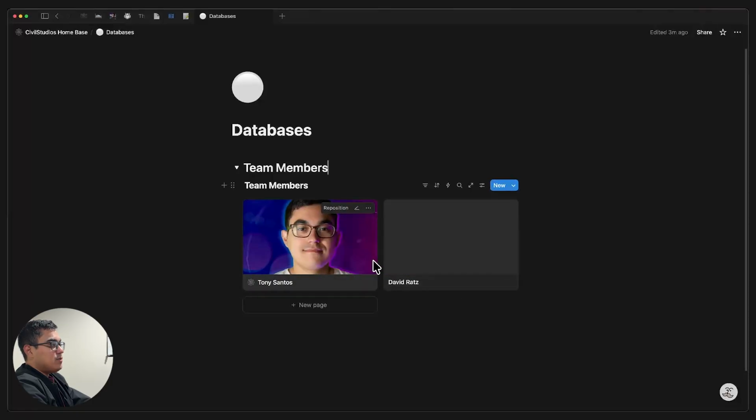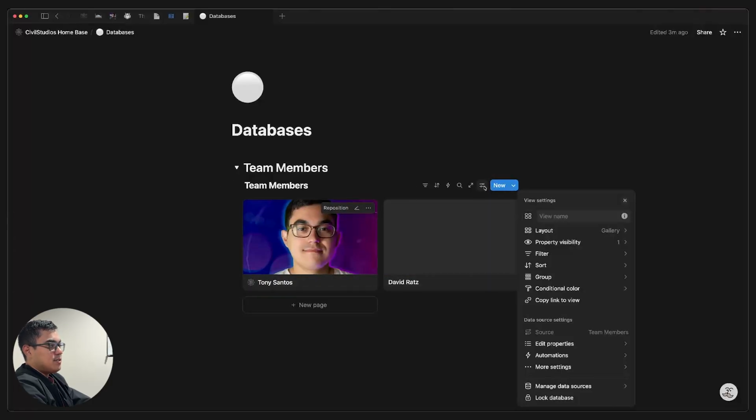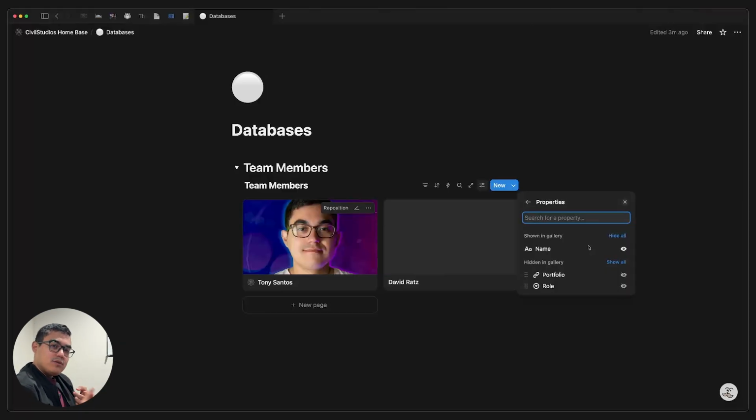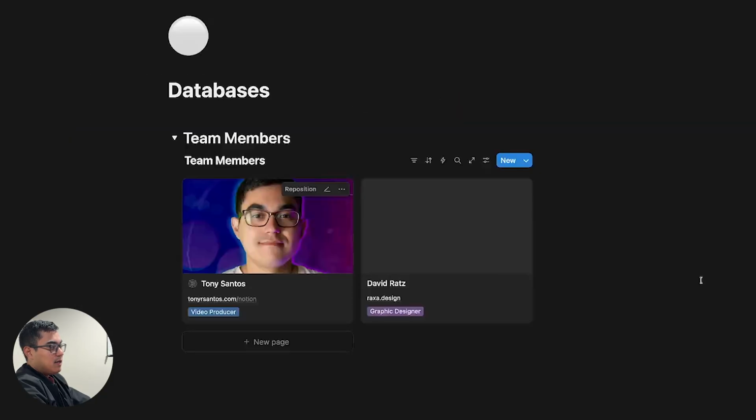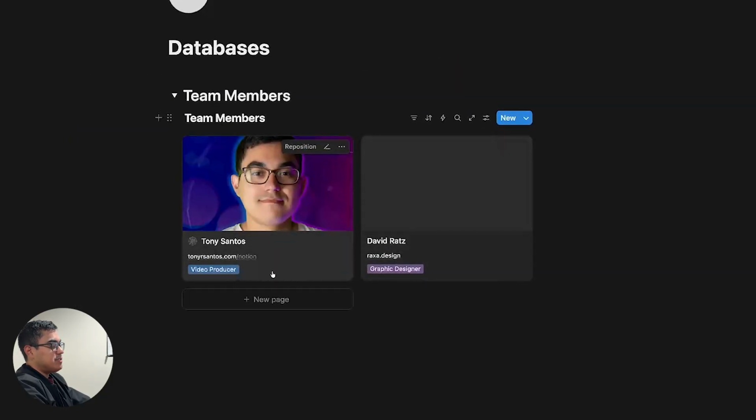Now, the last thing you can do here, if you'd like, is in the settings section, go to property visibility. Remember how we added a portfolio link and the role? Well, right now in the properties, they're hidden. So we can click this eyeball to show it. And then there you go. So now we can quickly see who this is, a link to their portfolio, and what role they play in the company. So this is our first database that we want to create, which is our company team member database in the